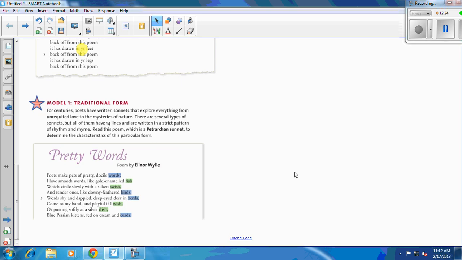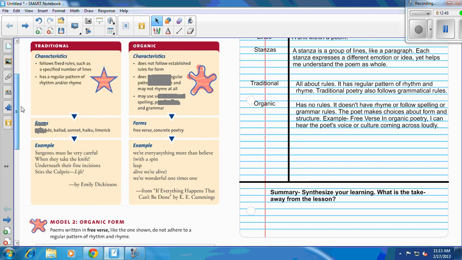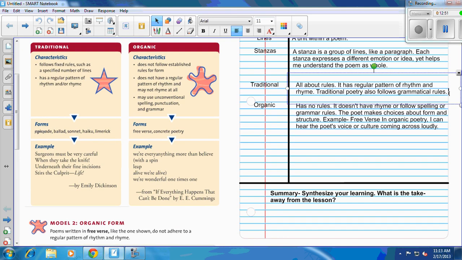Okay, so I'm noticing that the poet is using a very strict pattern, but I'm also noticing that it sounds very smooth, and I wonder if all poems that are written in the same form, like a sonnet, sound very similar, whether they have that same smooth quality to them. So I'm going to ask that question. I wonder if poems